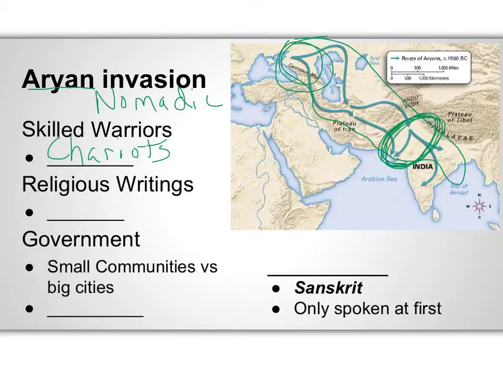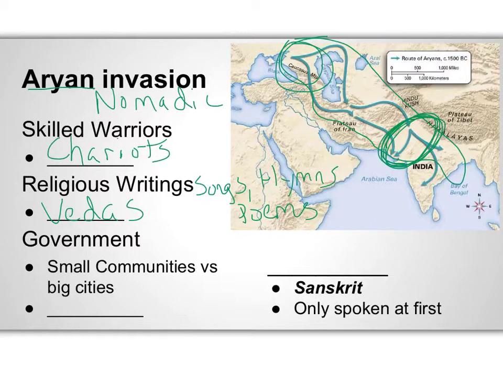They had a collection of songs, hymns, and poems, and these were called the Vedas. These were stories about their history. They were sometimes stories about the battles that they fought on their way to India. Eventually they were written down. We'll get to that in a second. But these Vedas helped their society organize. And I mentioned before that they were the beginnings of the Hindu religion. It's all connected.